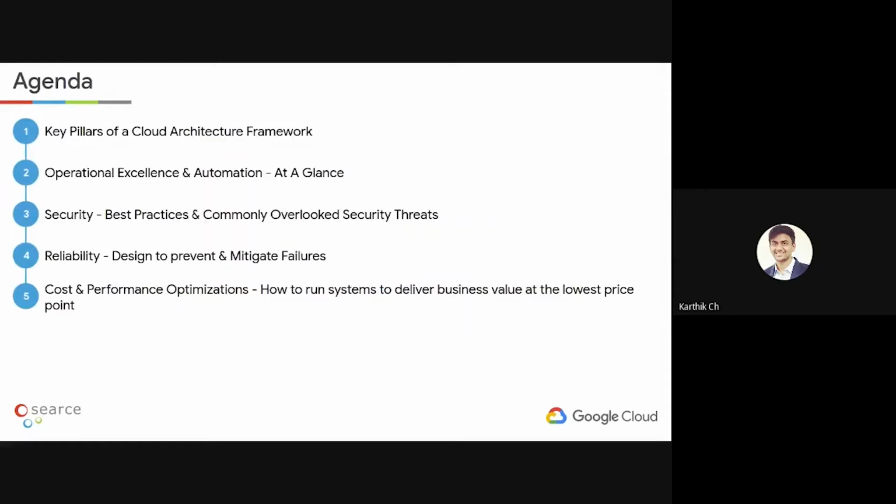Quick glance at what we have in store for today. We will start with a view of the main pillars which one needs to keep in mind while designing a system using the Google Cloud architecture framework. Then we will deep dive into all the individual pillars one by one, and Nikhil will start by recapping some